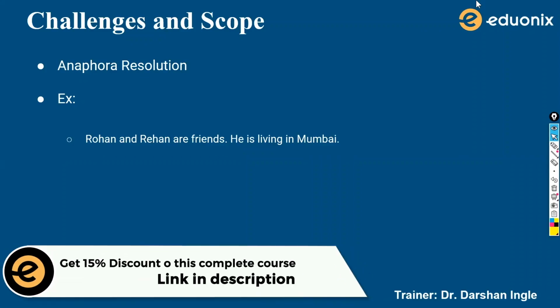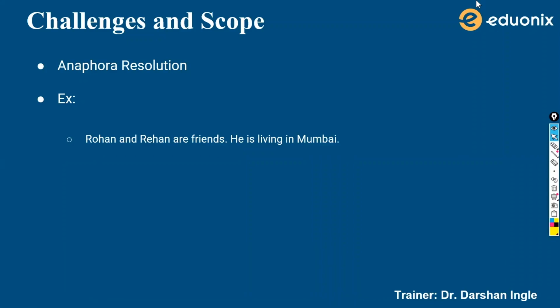We really cannot conclude. It depends on who is the person who is talking, in what slang is he talking. Is he talking with respect to Rohan, or is he giving more subjective importance to Rehan? So there is an equal possibility of both, and that is where even a human being will be confused. So a machine is bound to be confused, and such a problem that you see over here is called anaphora resolution. The next one,